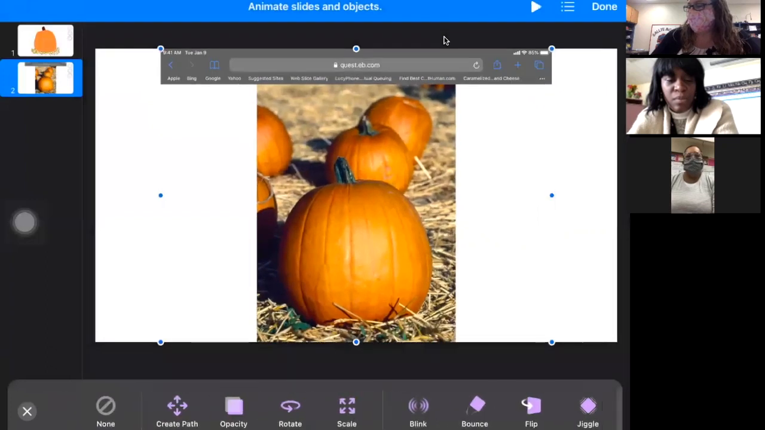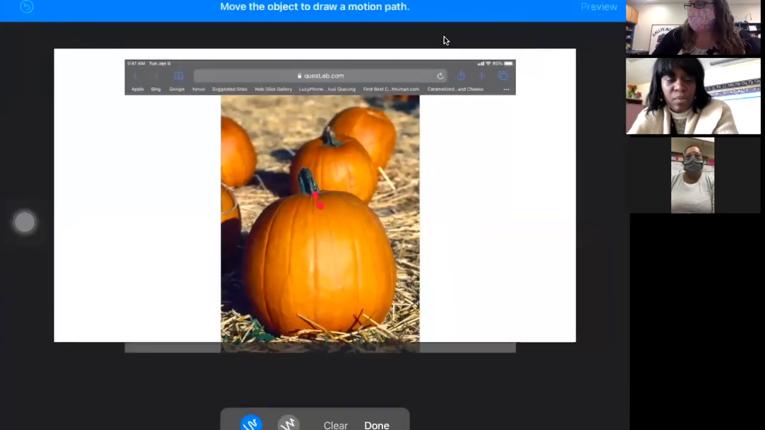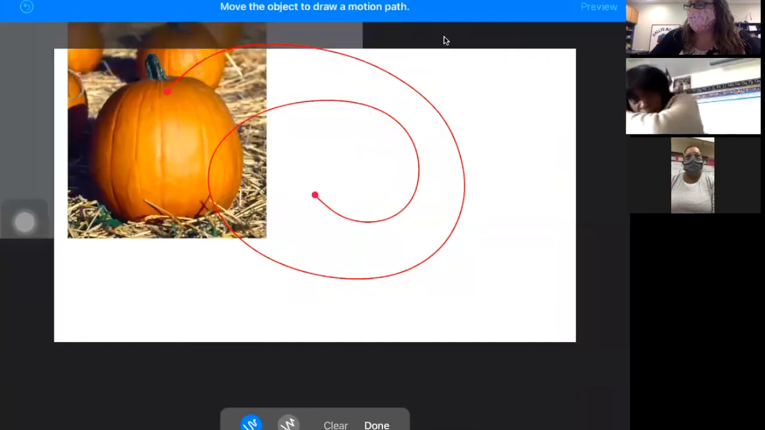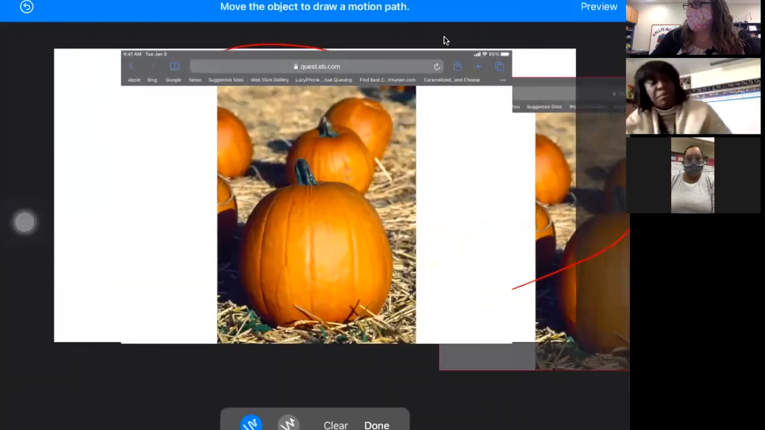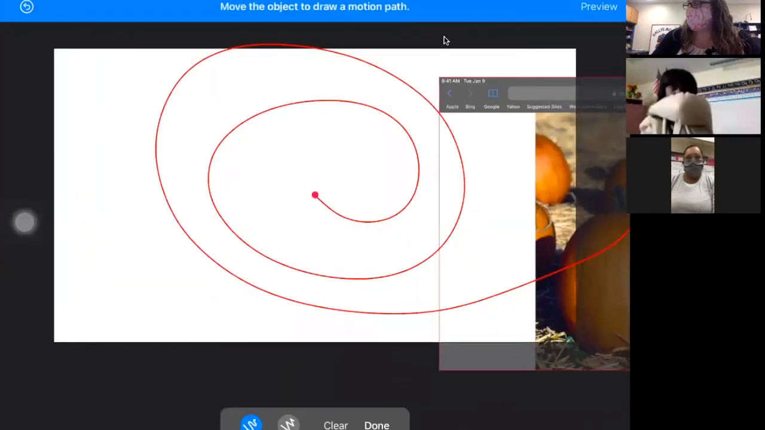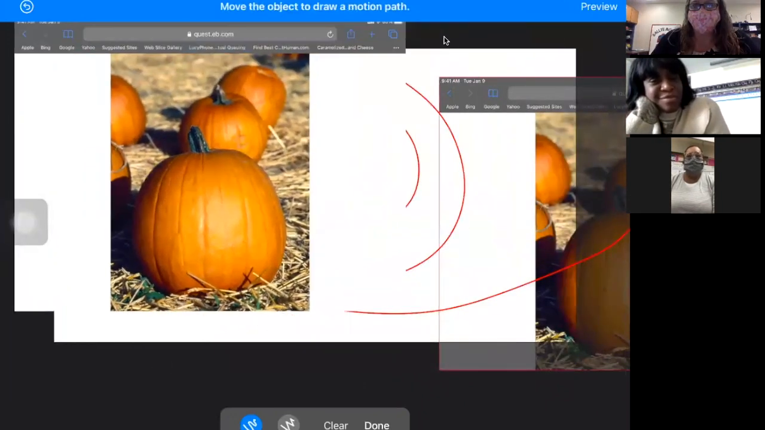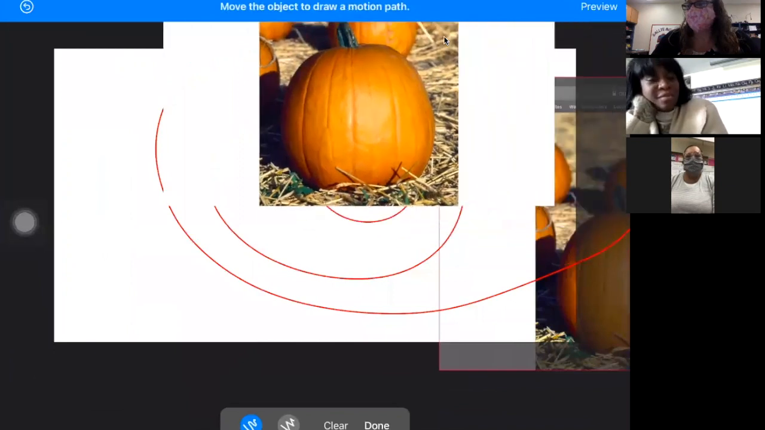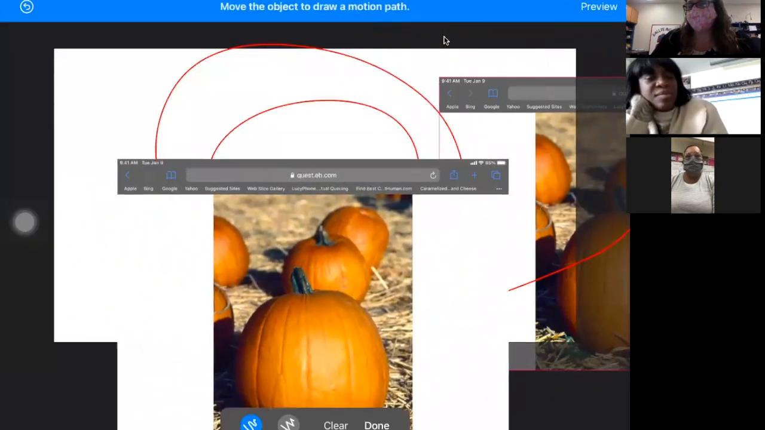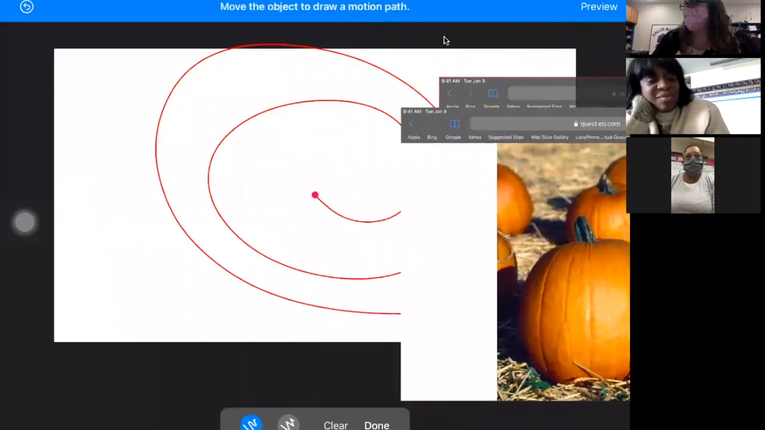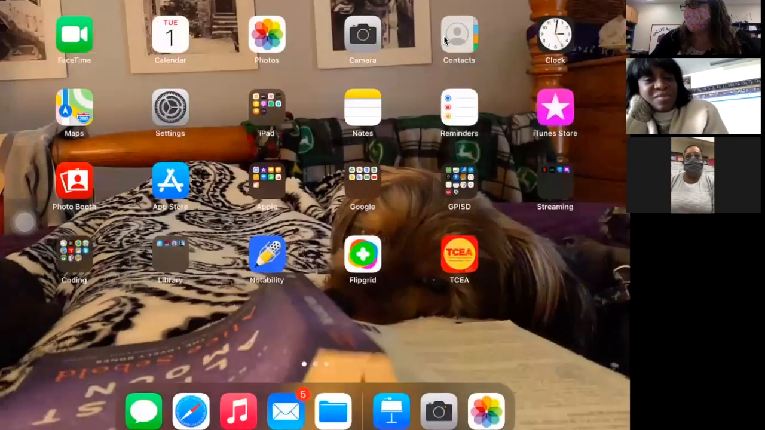I can also do this create path, which makes it do a little thing. It just depends on what you want it to do. There's lots of cute little animations that you could do. So some of the stuff that I've done with animations,